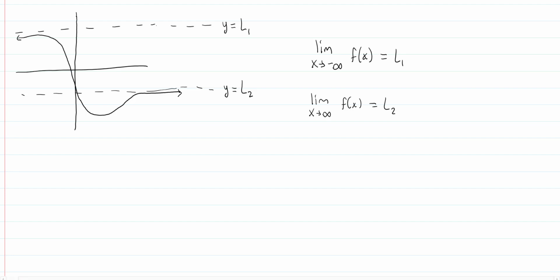So these limits, where x is approaching positive or negative infinity, are going to tell you what the horizontal asymptotes of your function are. More precisely, we can say that